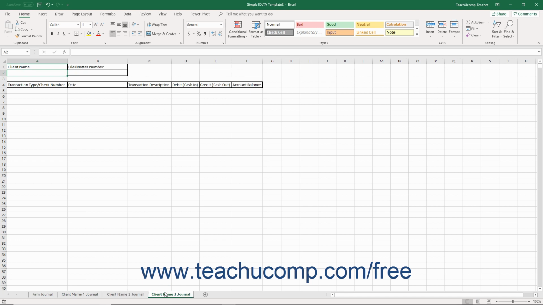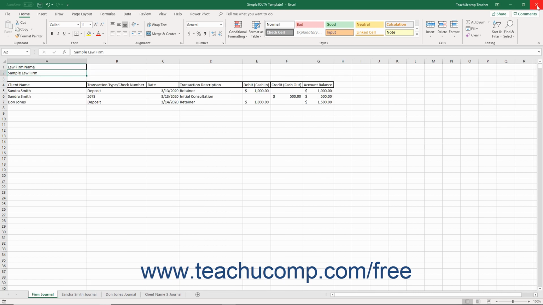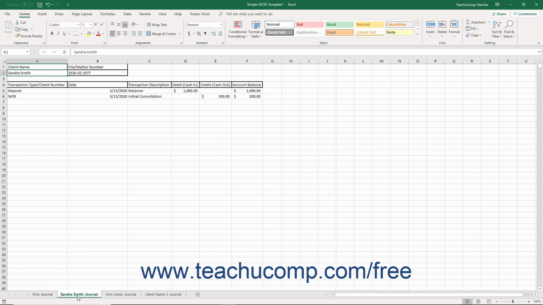The basic structure within each worksheet is a basic checking register. Within these worksheets, you will record all IOLTA transactions into the appropriate ledgers as they occur. Note that every transaction that occurs within the IOLTA account must be recorded into the Firm Journal worksheet. For each client's transaction, the transaction should be recorded into the Firm Journal as well as the Client Journal for the selected client. Each client for whom you hold funds in the IOLTA account should have their own Client Journal